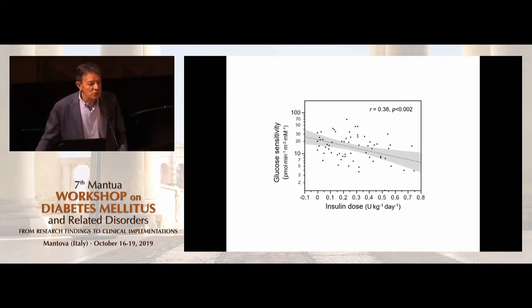Is it related to the duration of diabetes, time after diagnosis? Is it related to the time of onset of the diabetes, children versus adults? Is it related to the degree of glycemic control? What is it due to? And then, against this background, what is the effect of the various interventions that have been tried and published recently?